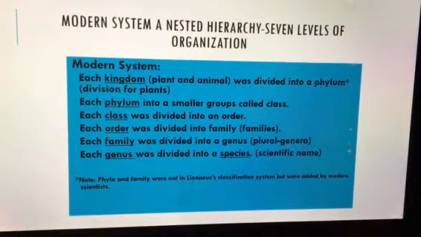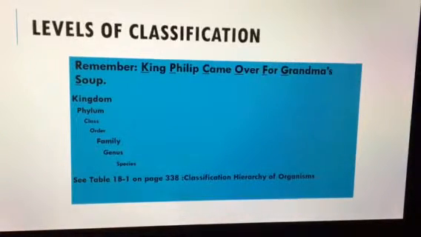And then genus and species are kind of nice, because genus and species are actually how we have our modern names. Now, in Linnaean's classification, phyla and family were not actually in there, but they're added now. So we needed two more subdivisions, and phyla was nice because we have a larger subdivision. We can divide the kingdom Animalia into vertebrates and invertebrates. Chordata, which is vertebrates, is a much larger group, and then we can break that down. So it's a little bit easier to classify and use a taxonomy guide.